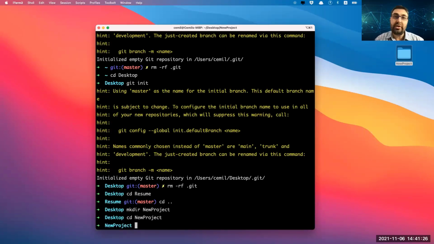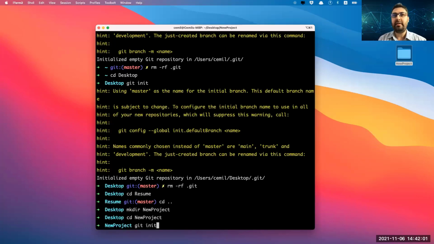Now I'm going to initialize it as a repo because I want that to be tracked. I want to add some version controlling inside. Why? Because I want to time travel back to see my changes on my file. So the next step is git init. These are the first things when we are making a repo for the first time. We don't repeat them a lot. We just do it once in the beginning.